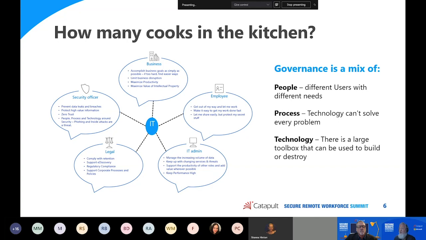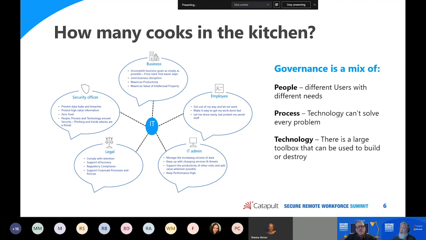And so when you look at this, you have to understand that no one technology fix is going to fix all of this. It's a mixture of understanding who the people are, what they need, understanding that technology can't fix every problem. And we see this with things like phishing attacks and other things. There's training, there's adoption, and other people-oriented processes that have to go into place. And then we do have some technology, and we'll talk through those specific technology pieces today that are available to help support the people and the process side of this.